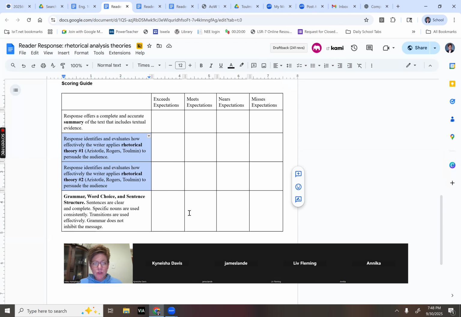So a lot of students choose to do that one because it's a little bit easier. And then the next one kind of depends on which article you choose, right? Is it more Rogerian, with that common ground, neutral, putting both sides out there? Or is it Toulmin, where I'm like, here's my claim, here's my reasons, here's the backing, here's the implied warrant, here's the rebuttal, right? Is it more like that?